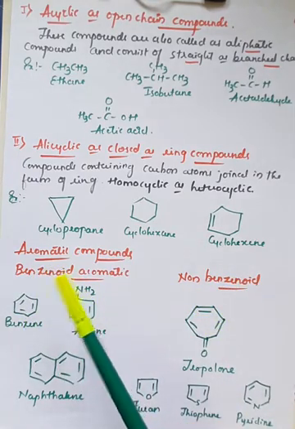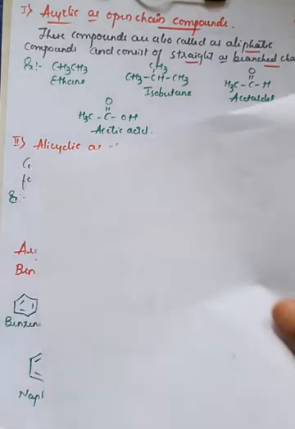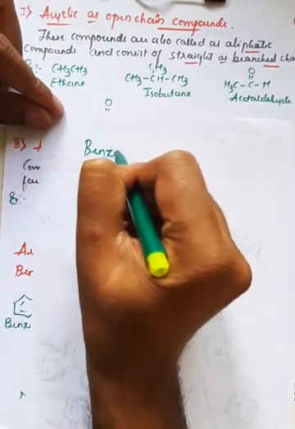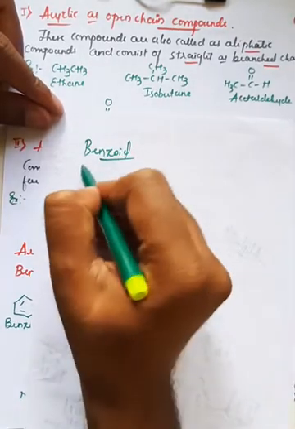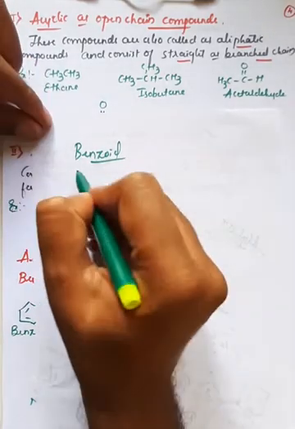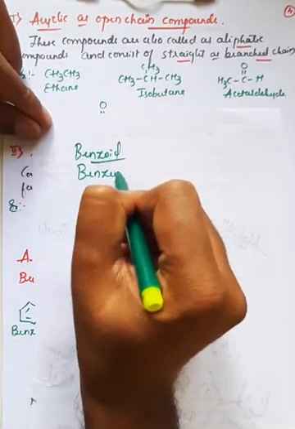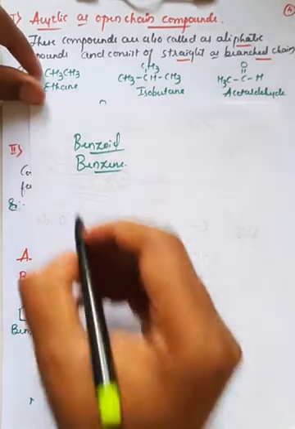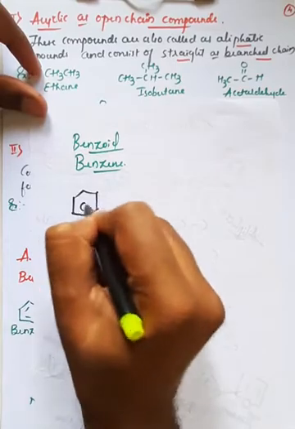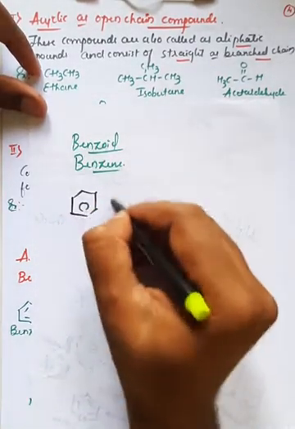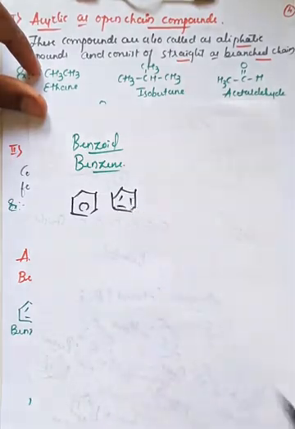Benzoid means compounds which have benzene as a base structure. If you take a benzene molecule, where benzene acts as the base structure, there might be an attachment of other atoms, and that is generally called benzoid. If you take the example of benzene, this is benzene, a continuous arrangement of carbon atoms. You can write it like this or like this also. So this is also an example of benzene.